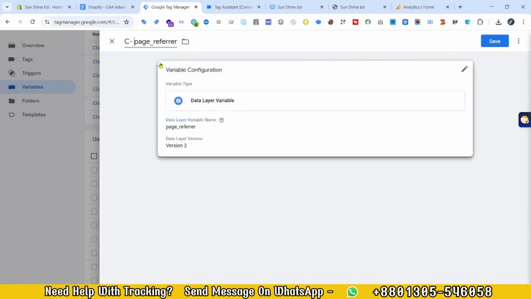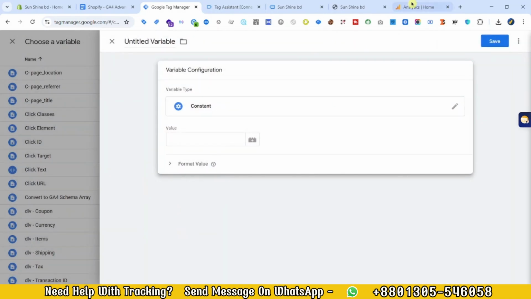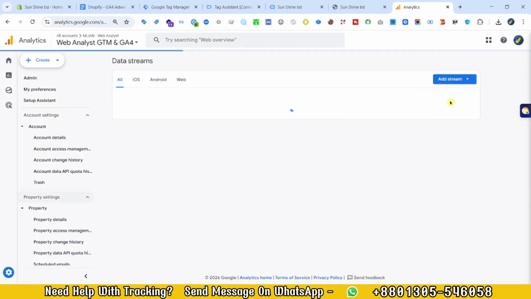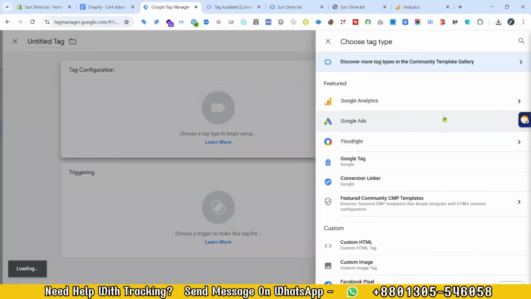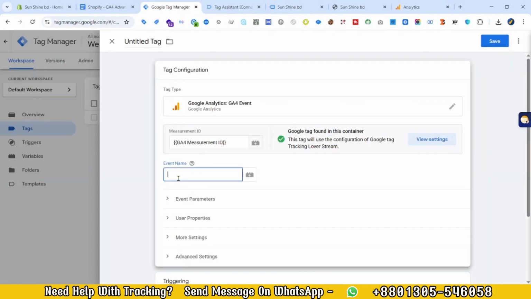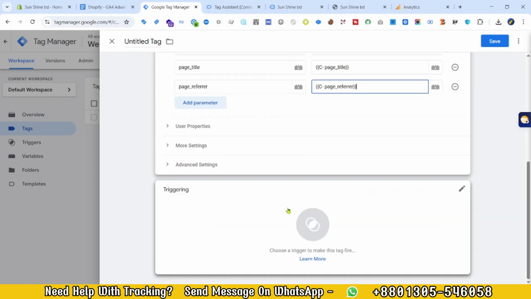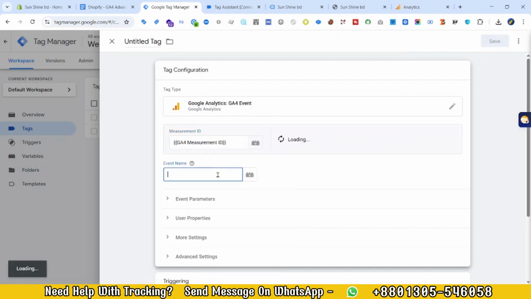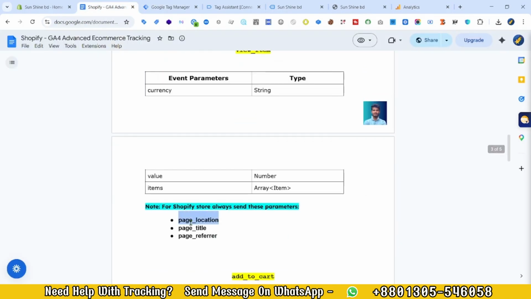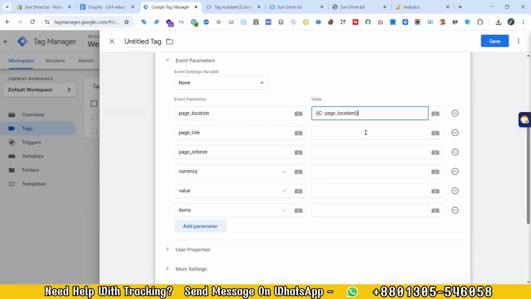In this video, I will show you how to set up GA4 e-commerce tracking using Google Tag Manager step by step. So, if you are running an e-commerce business, understanding how people interact with your website is extremely important. Like, where are your visitors coming from? What products are they looking at? What are they dropping off before completing a purchase? Without proper tracking, it becomes really hard to understand what's actually happening on your website and where you need to